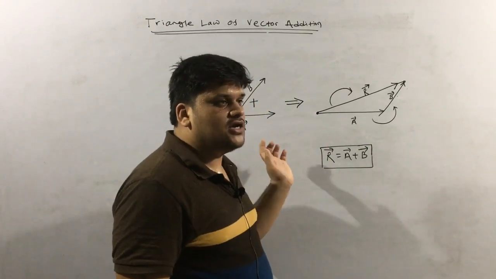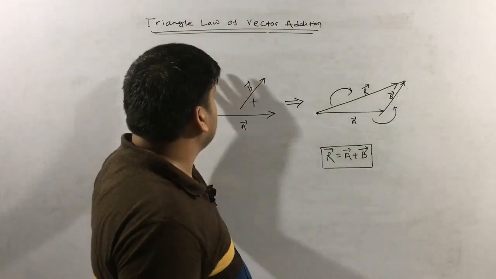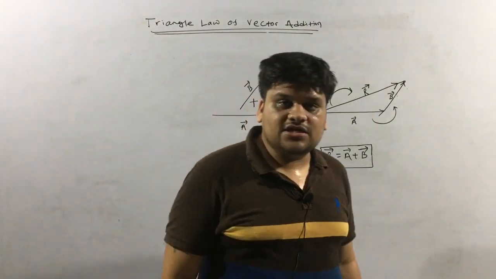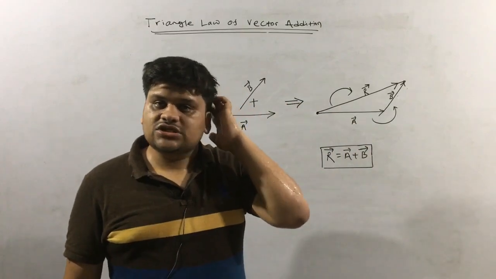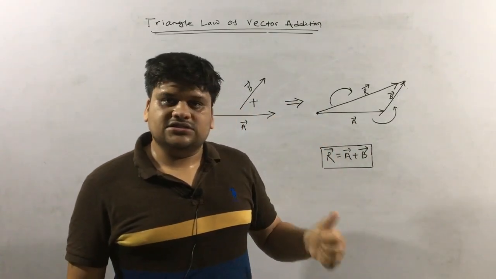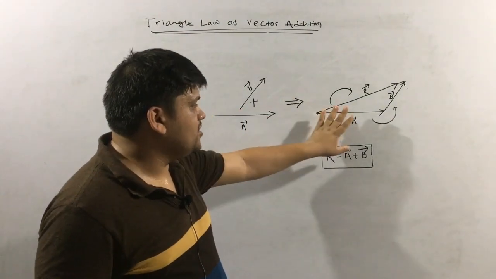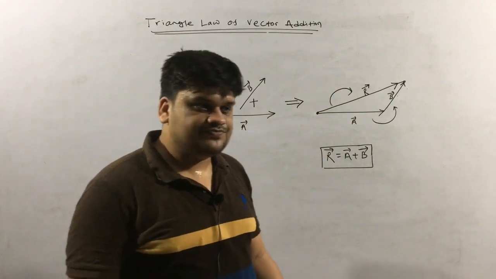That is why they have given it a name, and they have defined it in terms of triangles, and the name triangle law is given. Okay, that is the only thing I can tell now. There is no derivation, there is only a definition or a statement which is represented graphically. So this is the graphical method of the triangle law of vector addition.